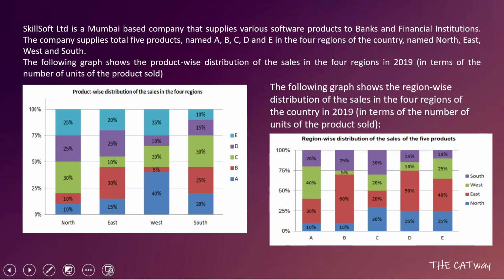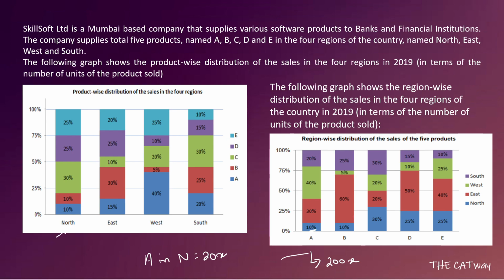See, this table talks about the total sales of each product, and the percentage in which they sold in different regions. So let's assume that A sold a total of 200x. Out of 200x, it is said that he sold 10% in North region. So A in North, how much did he sell? 20x. A sold in North 20x.